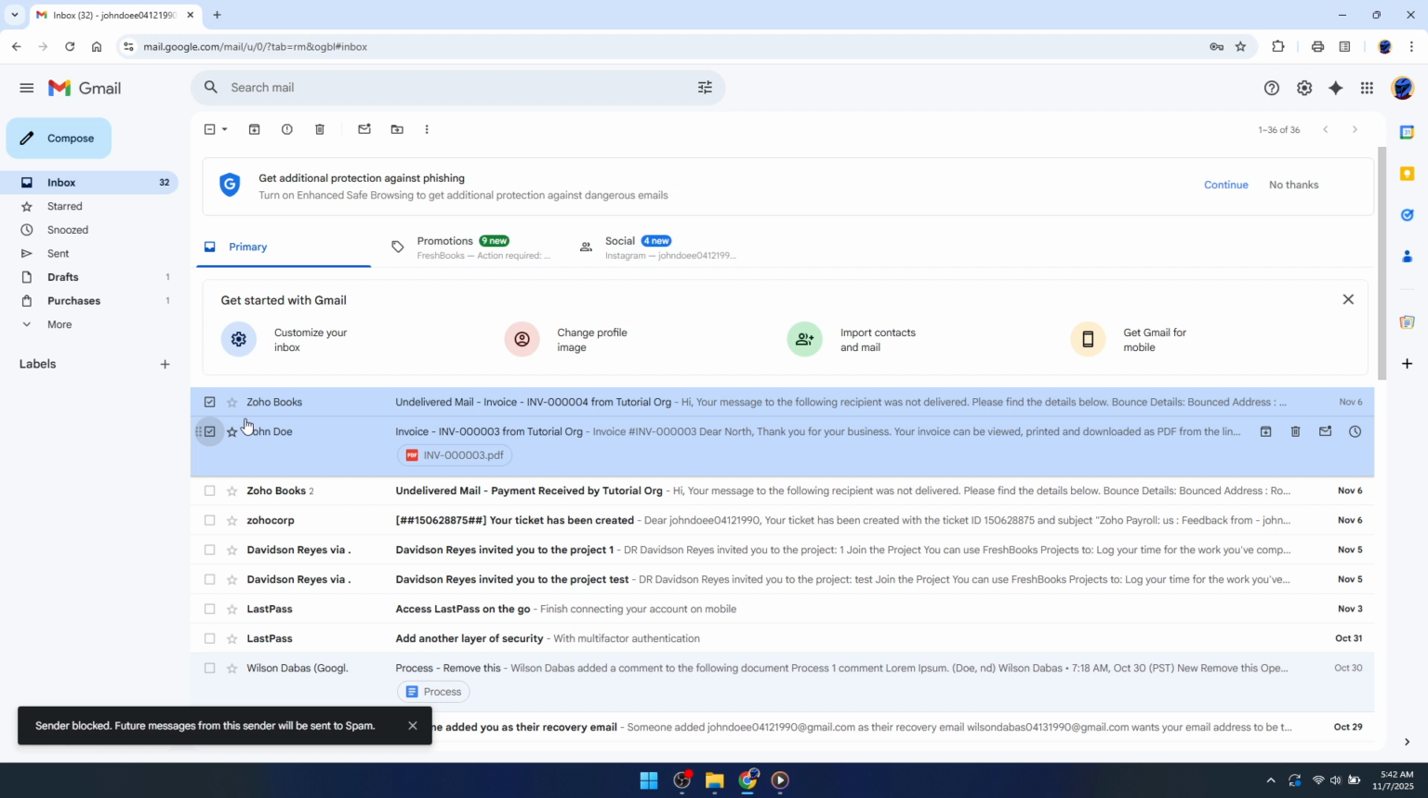button that resembles a stop sign with an exclamation point inside. This is the Report Spam button. Click on it, and just like that, the selected emails will be reported as spam and moved out of your